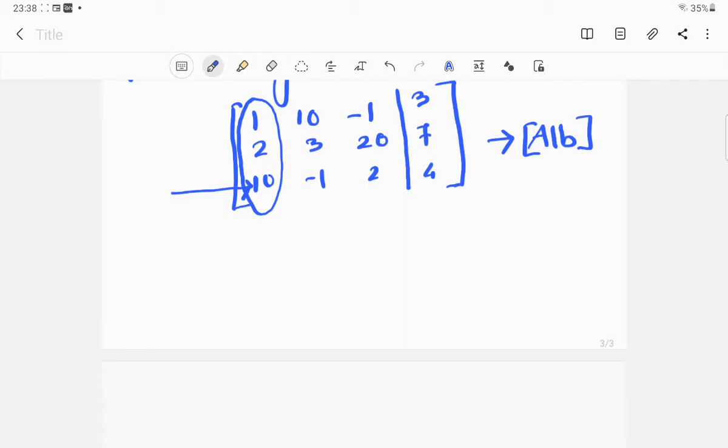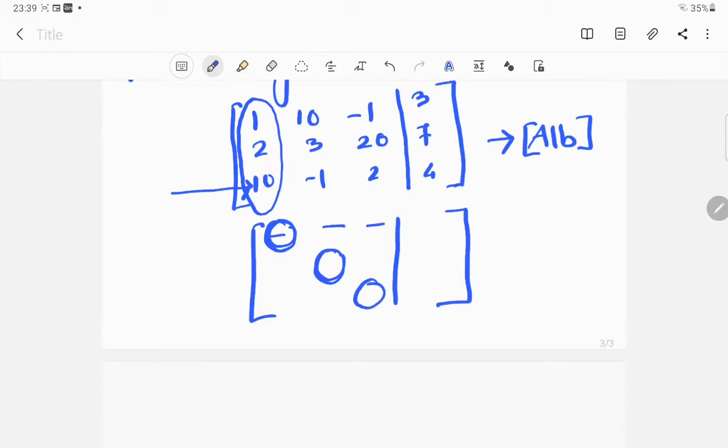Actually this is a position. This position is called the first pivot. This is the second pivot, this is the third pivot. So here we have values like this, all of you know. We need to bring the largest number to this place. So what is the largest number? Minus 10, sorry, plus 10. So we need to bring it to this place.